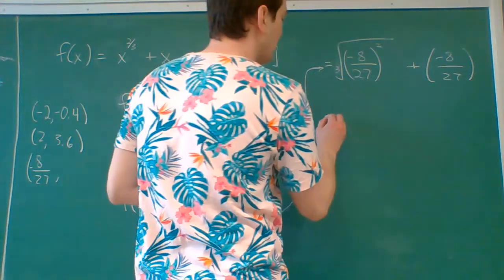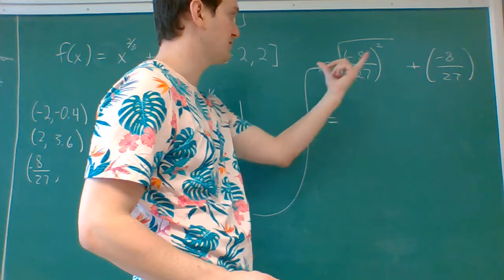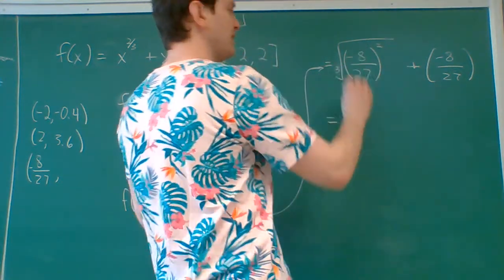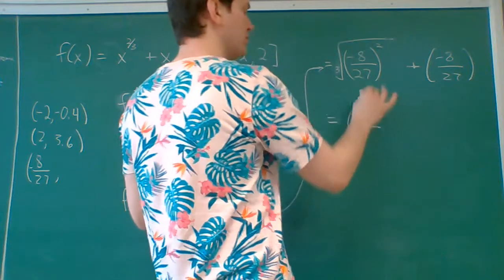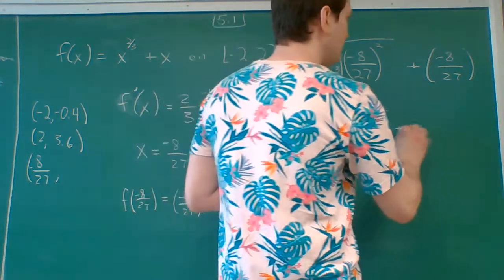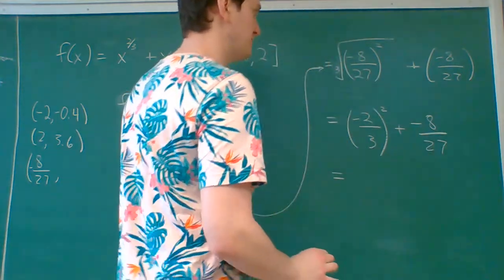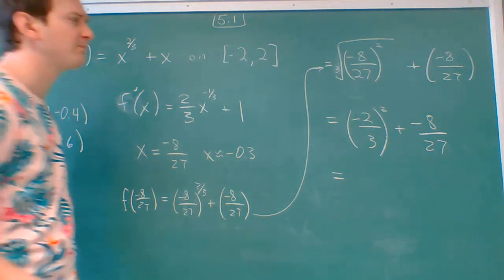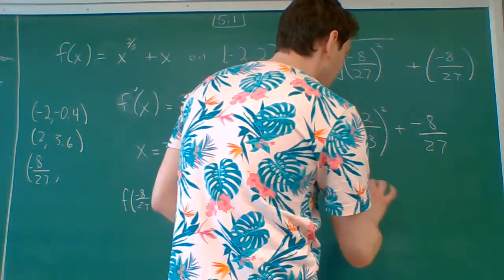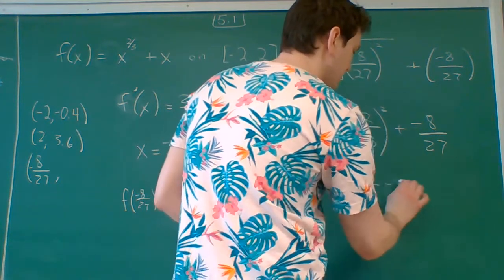So what I can do now is take the cube root of both of these numbers and then square them. That's fine, I can do it in that order. So the cube root of -8 is -2. The cube root of 27 is 3. I'll still need to square them, and then plus -8 over 27. So this isn't going to be nearly as bad as it looked back here because they both ended up being perfect cubes. So I'm going to have 4 over 9 plus, I can say instead of plus negative, I'll just say